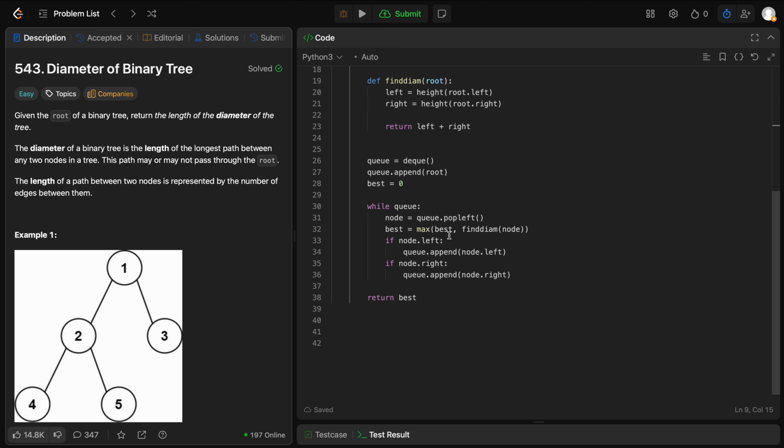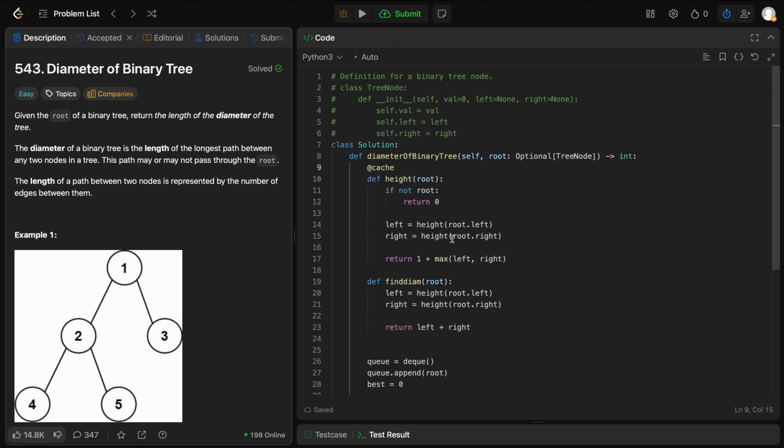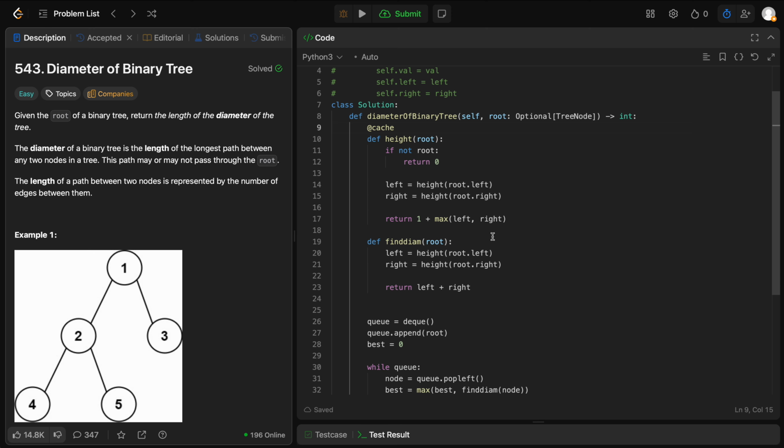Okay, I'll leave this one like it is, because I think I'll leave this one as it is. Or let's maybe